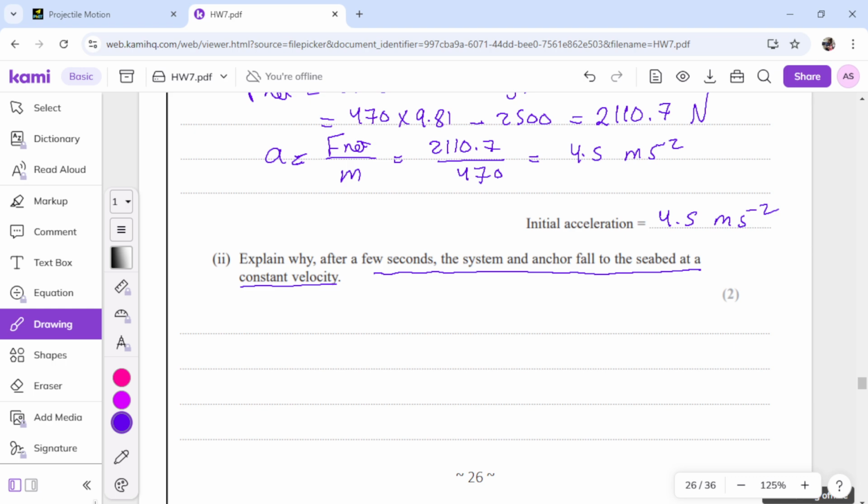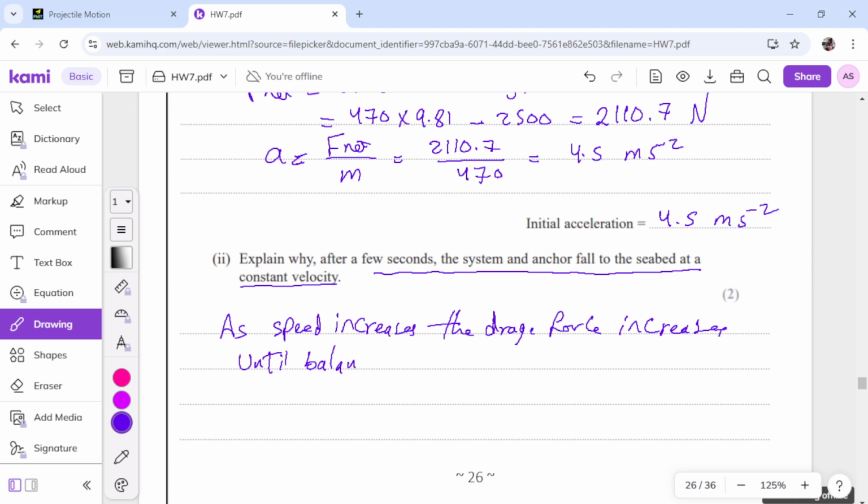So I will write: as speed increases, the drag force increases until it balances the weight